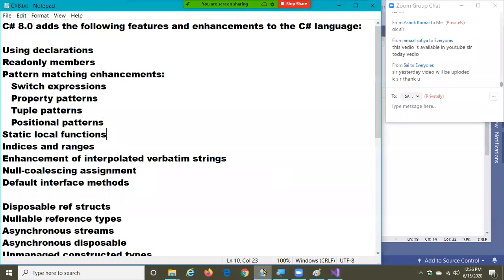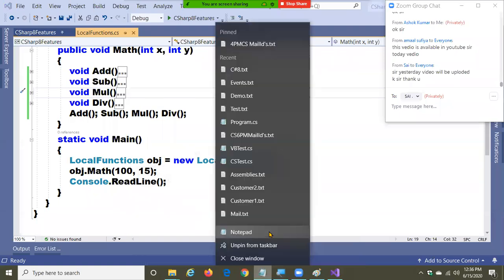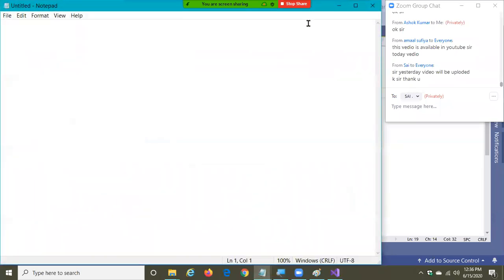I'll tell you. See, tomorrow you're writing a method here, some method, public void demo. In this method, some 1,000 lines of code are there. Some 1,000 lines of code.